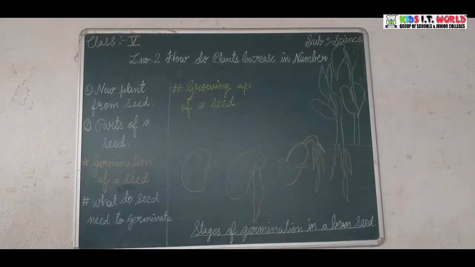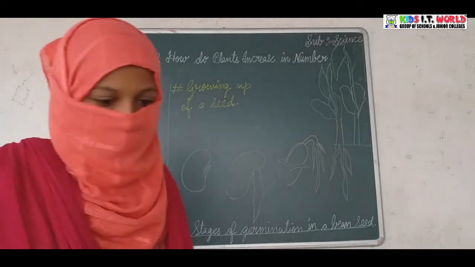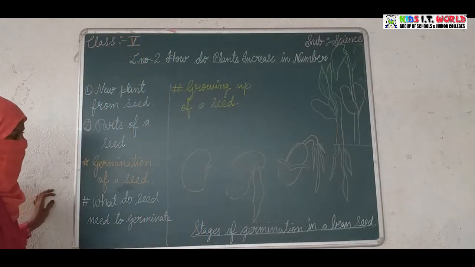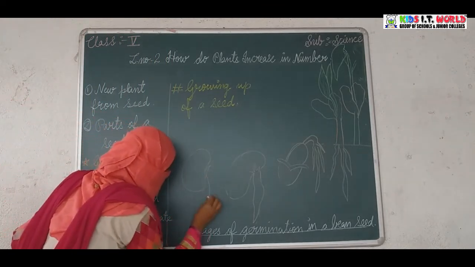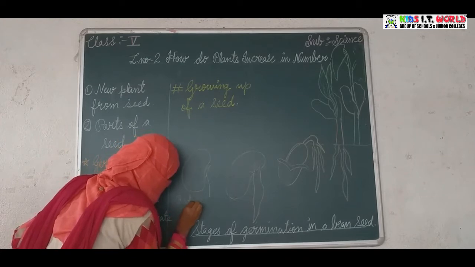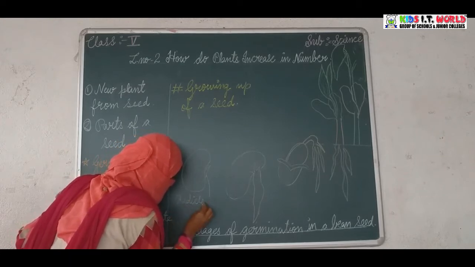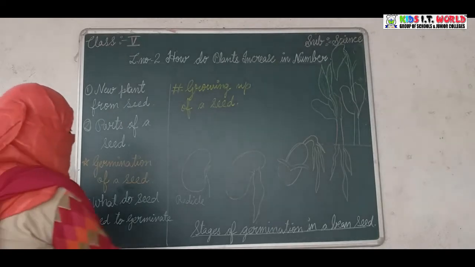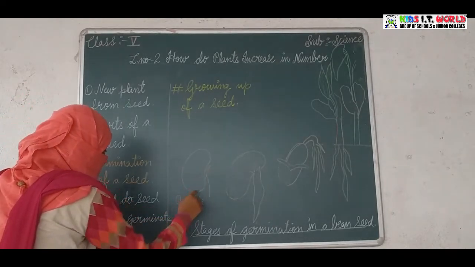See in this diagram the roots of a plant. Here the root of a plant begins to grow and it is called a radicle. Then next, when the root appears from the seed, we say that the seed has germinated. Here the radicle has come out.